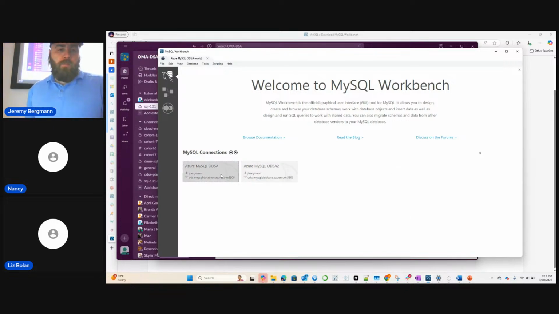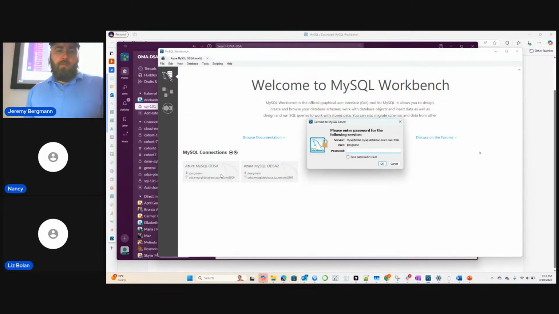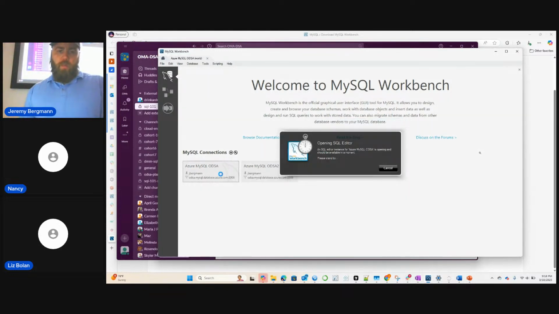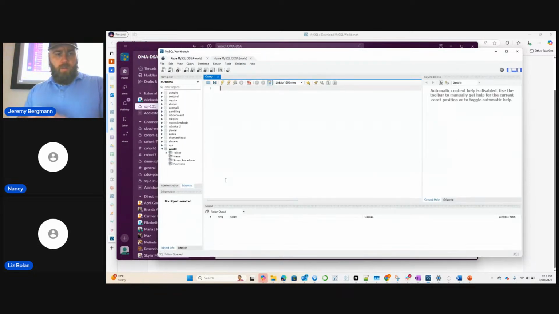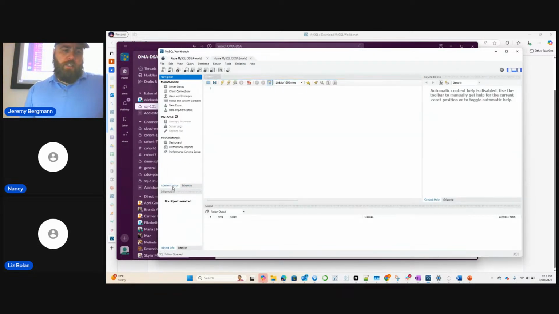So then if you have it all set up, you can click that button and put that password in. When you're there, they'll start you on this administration tab.